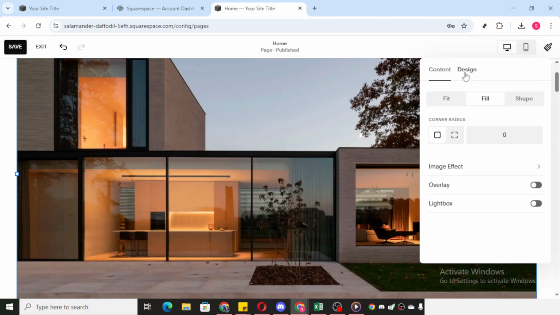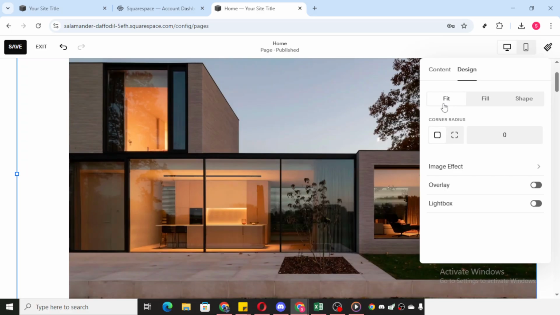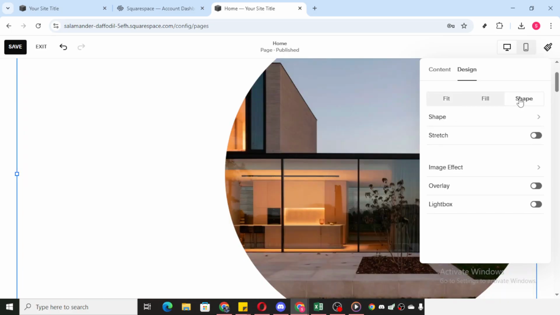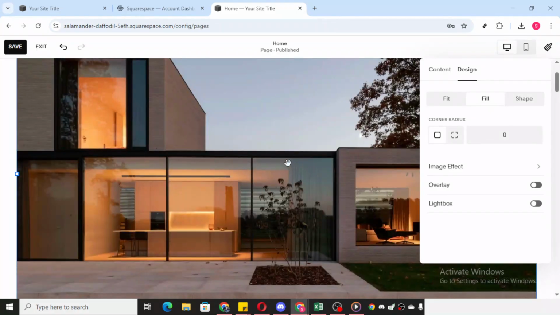Here, you'll be presented with several options regarding how the image is displayed. You can choose from different settings like Fit, Fill, and Shape. These options determine the image's aspect ratio and how much of the image is visible within the block. Feel free to experiment with these settings to see which one best suits the design of your web page. This is a great way to ensure your images are displayed exactly how you want them, aligning perfectly with the